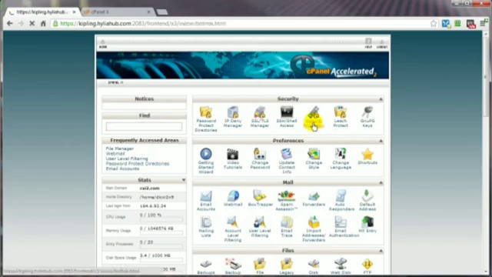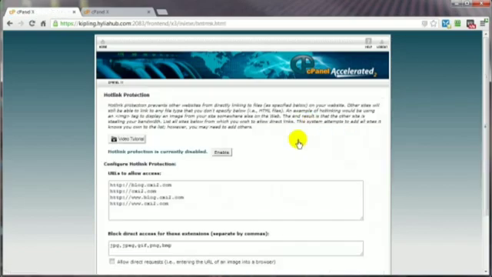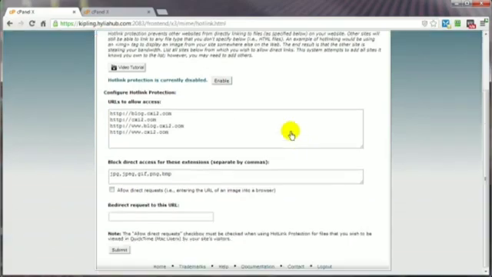Let's take a look at this real quick, because sometimes there's not much you can do about people taking your stuff, but for them to take your stuff and to steal your bandwidth in the process, that's like a double slap in the face. So here's how you can protect your bandwidth. You may not be able to protect your stuff, but you can at least protect your bandwidth by